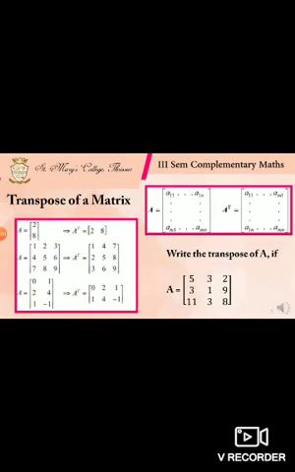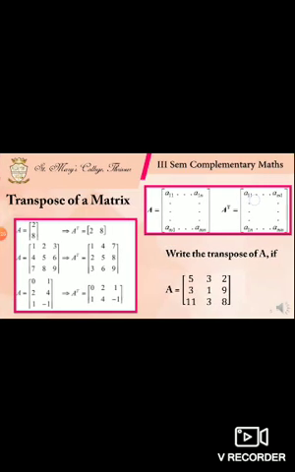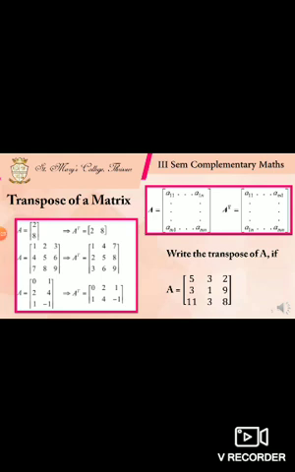Next we move on to another concept of matrices, that is the transpose of a matrix. It is very easy. If we are given a matrix, just interchange the rows and columns and we will get the transpose of the matrix. So here in this general form, A11 and so on up to Am1 was a column, here it is a row. Here this was a row and here it is a column, like that. Some examples are given here. A homework is given here. Write the transpose of A if A is equal to 532, 319, 1138.